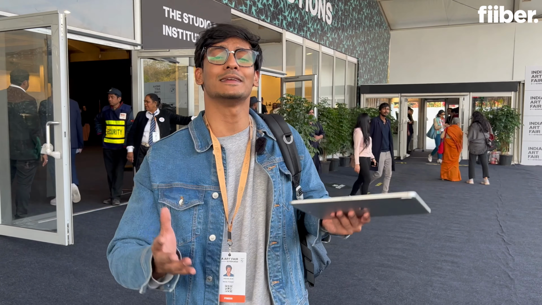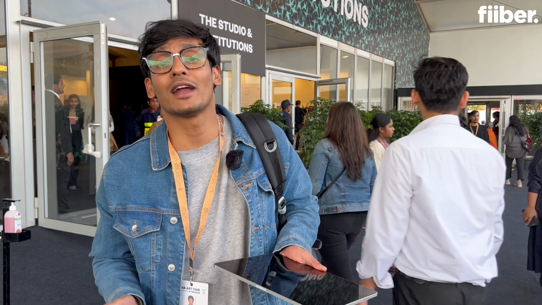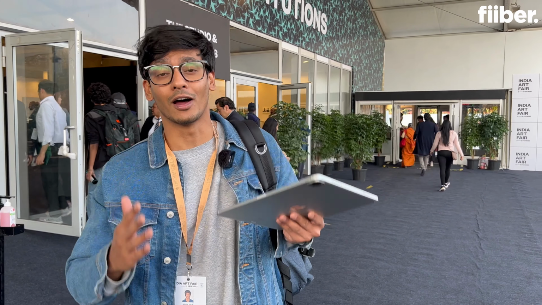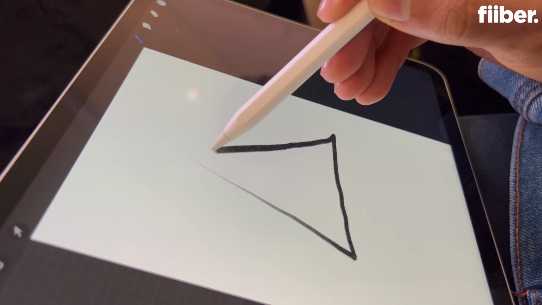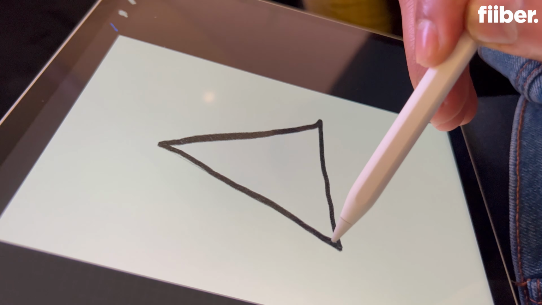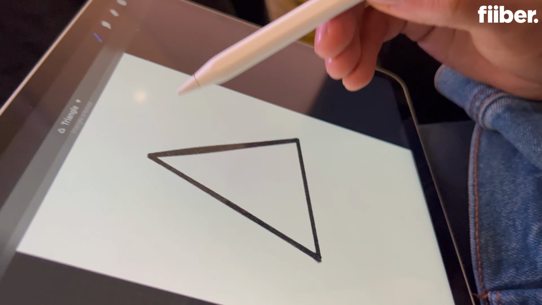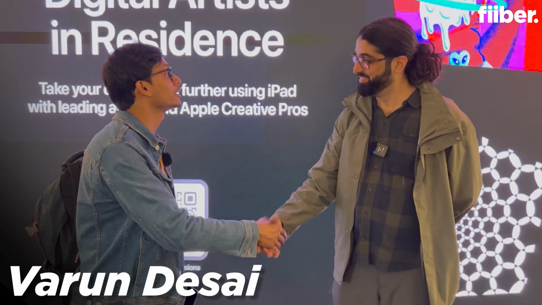Now, I know two things, India Art Fair and Today at Apple. India Art Fair, as the name suggests, showcases work from various artists. And Today at Apple is a program where Apple collaborates with digital creators to show how you can use iPad and iPhone to create artwork. For that, I had attended an event where I got to learn how you can use iPad to create some digital artwork, and it was pretty fun. But I also got the chance to meet three artists here at the event, and let's see what they have to say about how you can use these tablets.